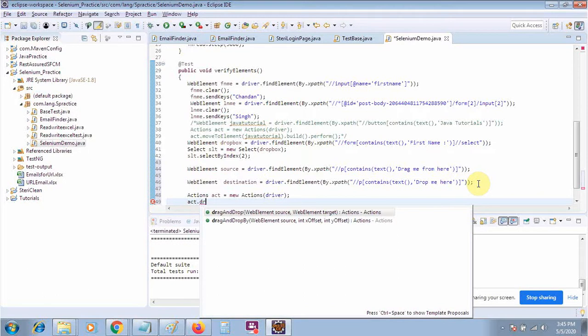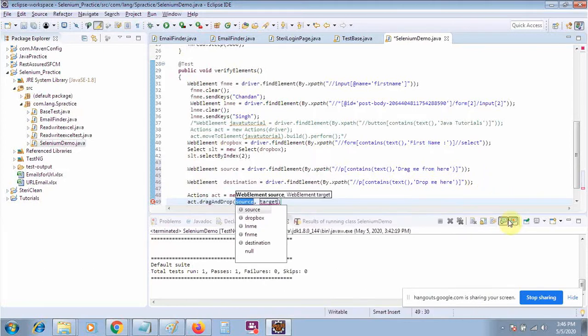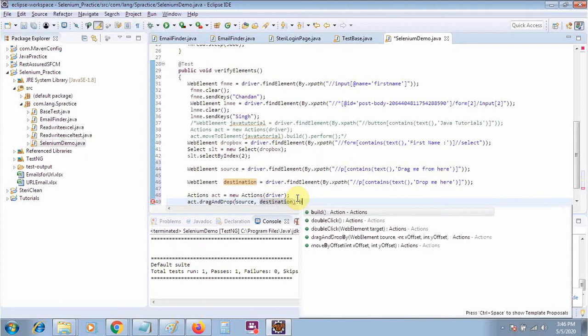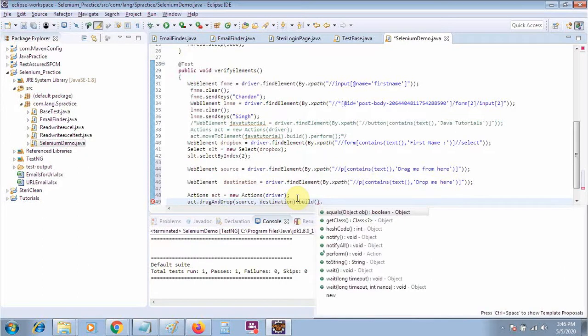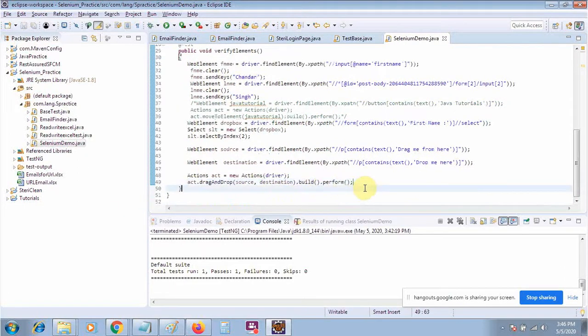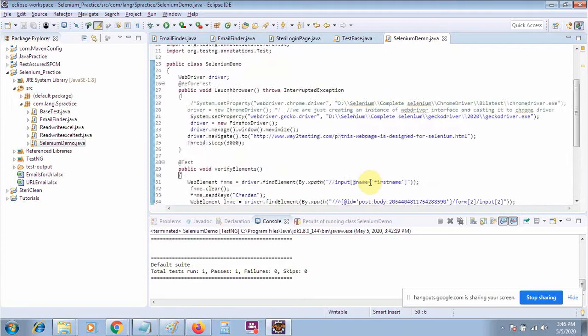Either you can use axis like x and y axis, or you can use the source and destination element. So I will use my source element like this one, and then target element like this one. Okay, then I need to perform dot build dot perform. So by this way we will perform the different operation.